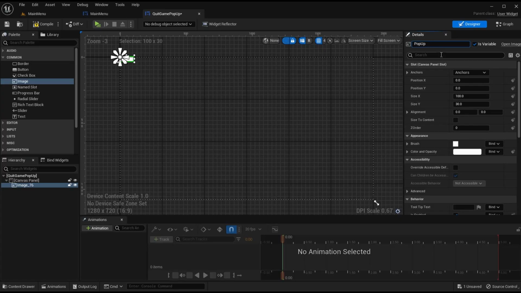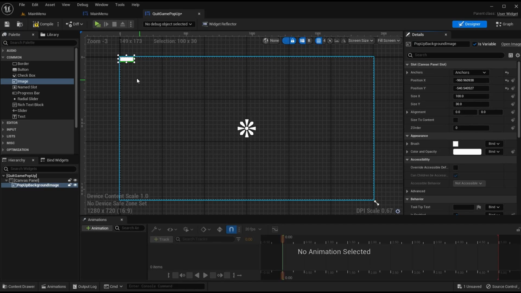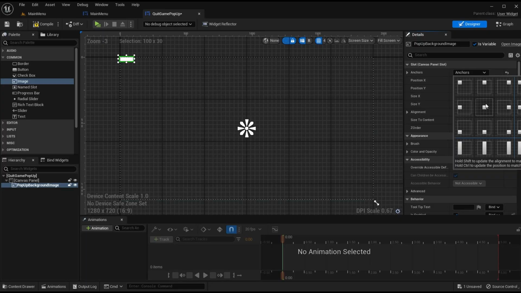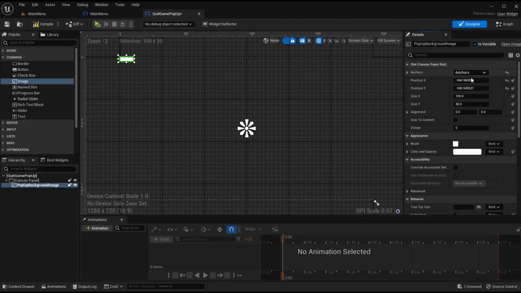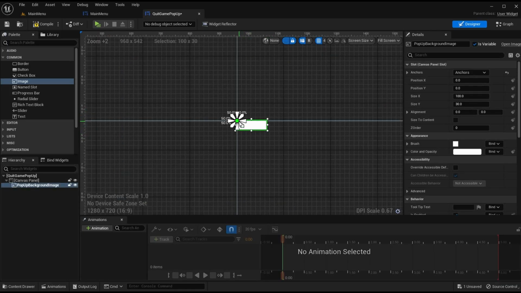Pop up background, or pop up background image even. And for the anchors, we can put it in the center of the screen. The anchor point just determines where the positions are based off of. So if we put the anchors to the center box here, the center of the screen, that means we can simply set the position X to 0 and the position Y to 0 to get this image in the center of the screen. It won't really be in the center though, because that's going off the top left of this